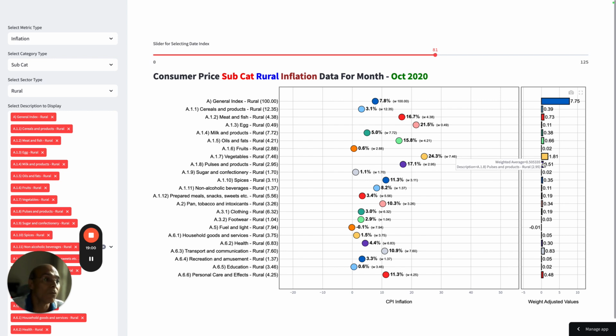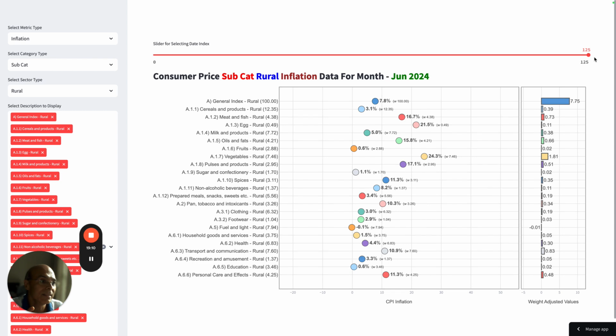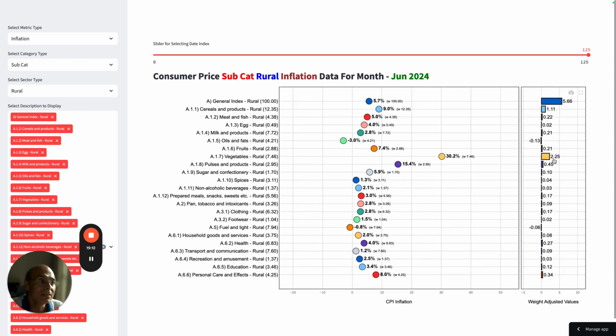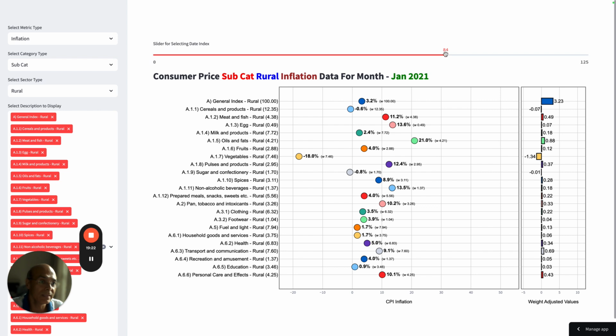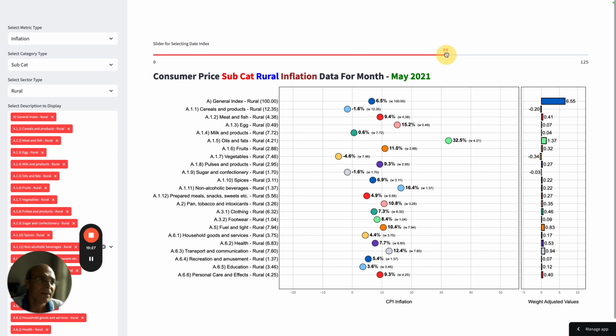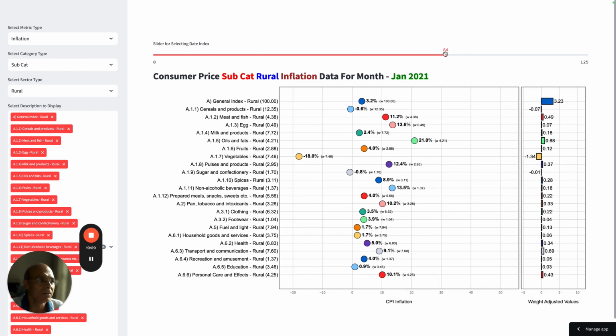Now, vegetable was an important consideration in October 2020. It was 180, but never what it is today. So if I again go and see how much it is, you will find that it is 2.25, right, of the total 566, almost 50%. Now, if I go back to the October time frame, vegetable was never such a big problem as it is today. I do not know, because you can do your own analysis. It is very clearly evident.